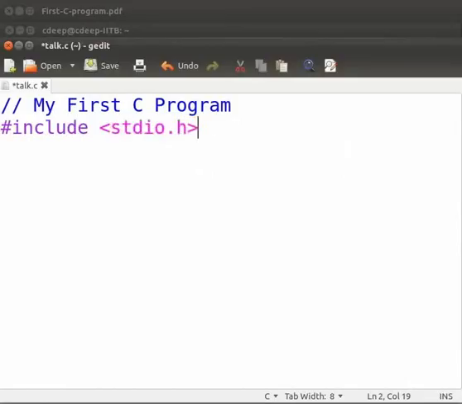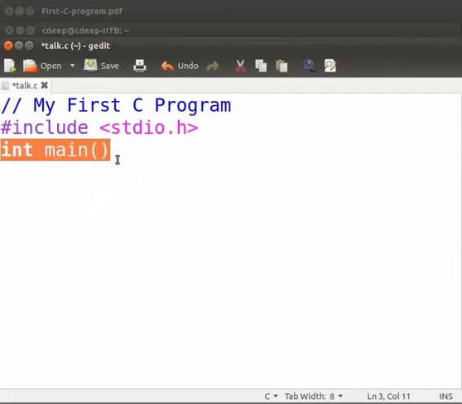Now press enter. Type int space main opening bracket closing bracket. Main is a special function. It denotes that the execution of the program begins from this line. The opening bracket and closing bracket is called as parenthesis. Parenthesis followed by main is to tell the user that main is a function. Here the int main function takes no arguments. It returns a value of type integer. We will learn about data types in another tutorial.